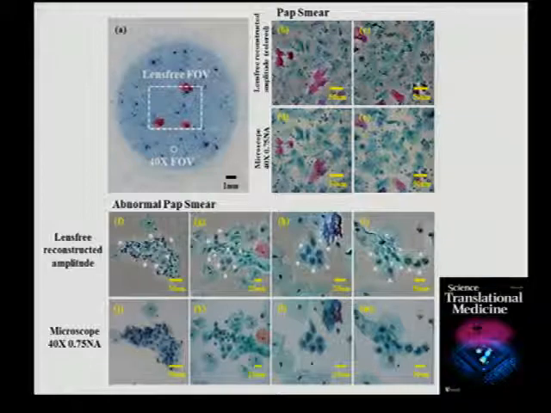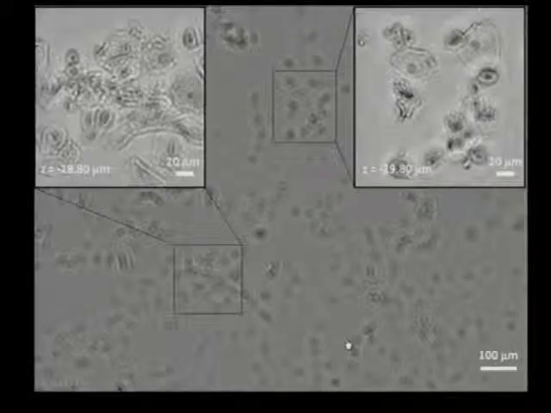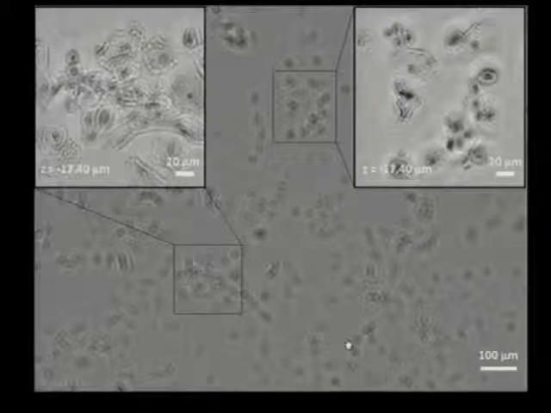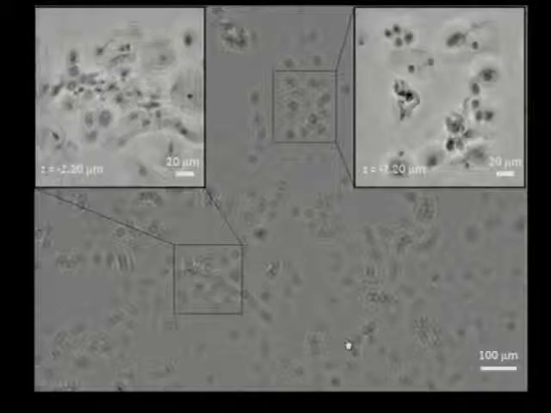This is another example. It's a Papanicolaou smear, pap smear. It's used for early screening of cervical cancer. Advantage is the same, a field portable platform for looking at large fields of view and preserving also the details. And one important advantage is you can actually take these images and send them to a remote pathologist that may be a few hundred kilometers away.